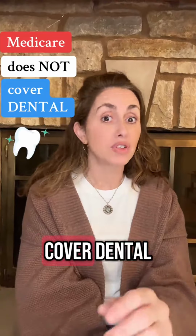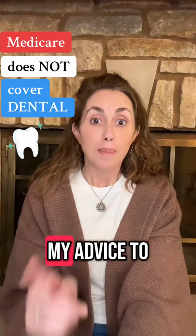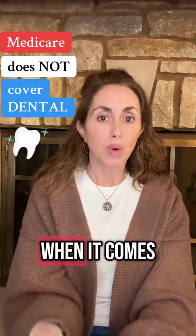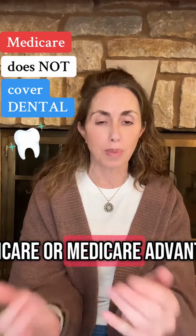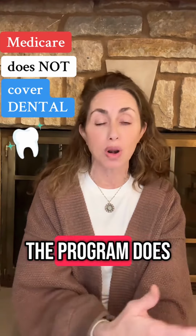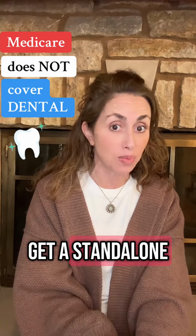Medicare does not cover dental, so what are your options? What can you do about this? My advice to you on this is going to depend on which path you go when it comes to either original Medicare or Medicare Advantage. If you stick with original Medicare, the program does not cover dental, but you can get a standalone plan in